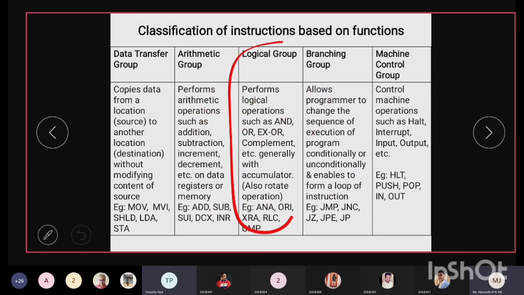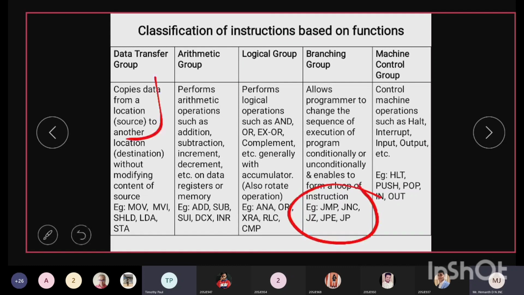Then we also have a logical group of instructions, which performs all the basic logical operations that help you take decisions based on true or false. Got it? Then branching instructions, where you can give some condition, like when you do the addition, whether any carry was generated, by giving an if-like condition so that you go to a memory location. Hence we have instructions like JMP. JMP is nothing but jump to the target memory location. JNC will also be there. That is jump on no carry.